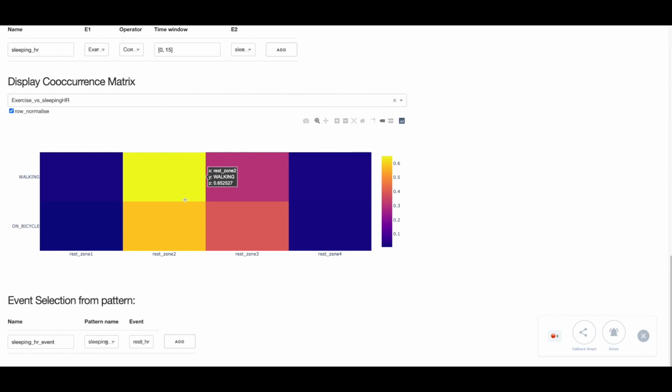Now, in our analysis, we have not included the effect of different confounding variables such as the time at which the person woke up or their stress level during the day, but we can include those confounding factors using the same pattern operators. You can access a version of this dashboard at